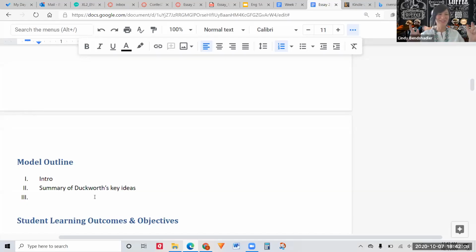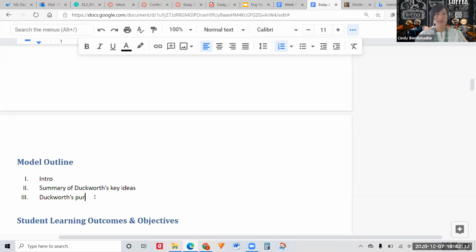Okay. So if we're talking about how to outline essay 2 and think about it as being 4 to 5 pages, really breaking it down into paragraphs that we would write. So that intro, we have the hook, bridge, thesis, and then we need to summarize Duckworth's key ideas. We also want to talk about Duckworth's